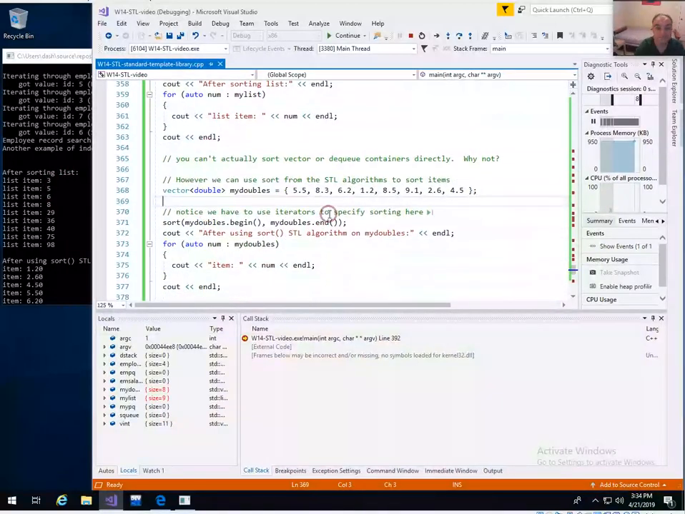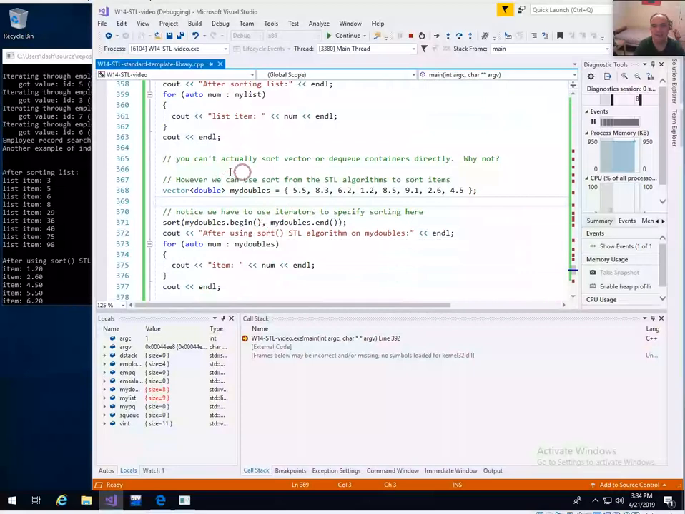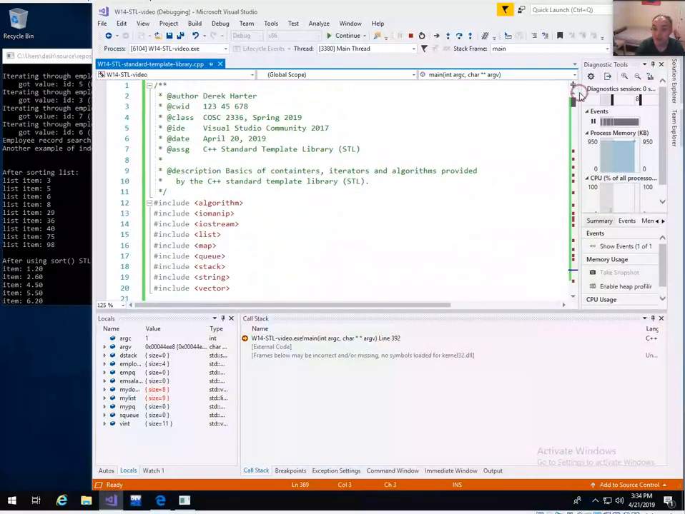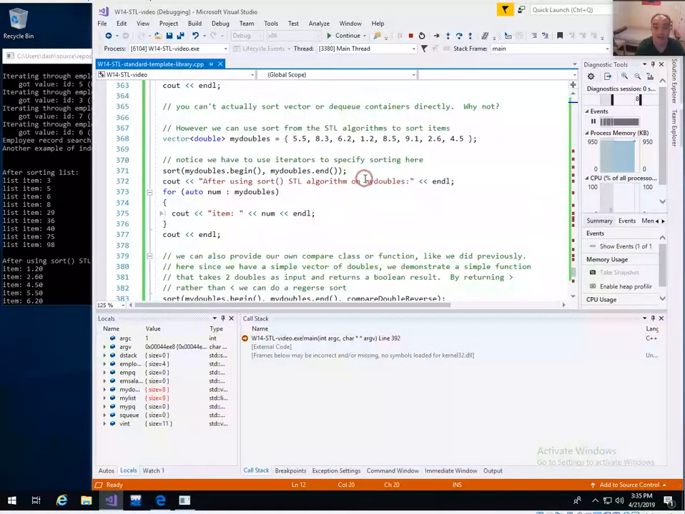Okay, but you can sort vectors and deques if you need to. I think they don't have a sort method, but I could be wrong on that. I should check that. But here's an example of using the sort algorithm from the standard template library algorithms. To do this, you have to include the algorithm header to get the sort function from there. So if I have a vector of doubles of these values,